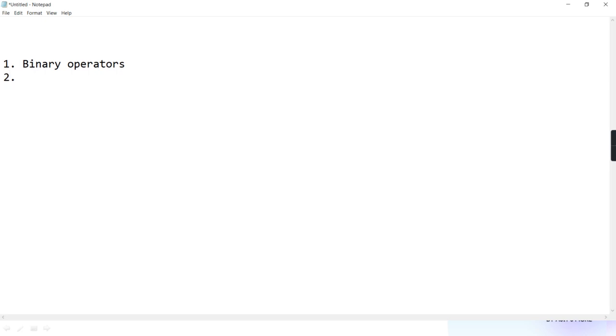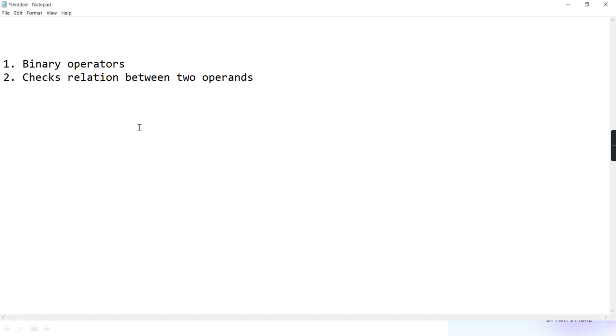They are for checking the relation between the two operands. That's the reason they are called relational or comparison operators.